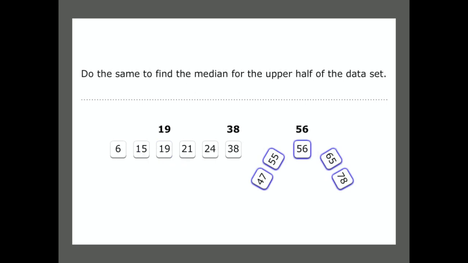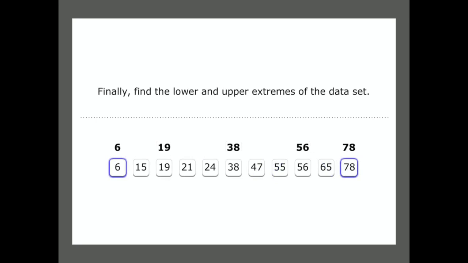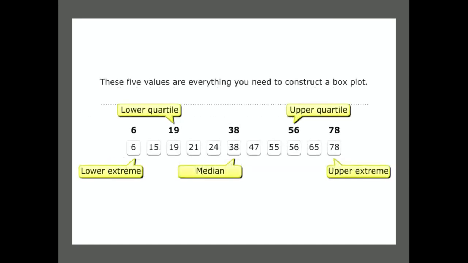And then up here we have the upper middle number. So that's the upper quartile. Again, not using the median when we find the middle number here. The last two pieces of data we need are the minimum number and the maximum number. So now we have our 5 pieces of data all labeled here,